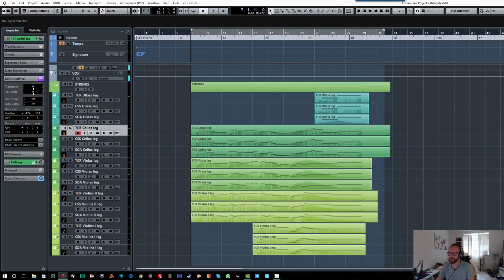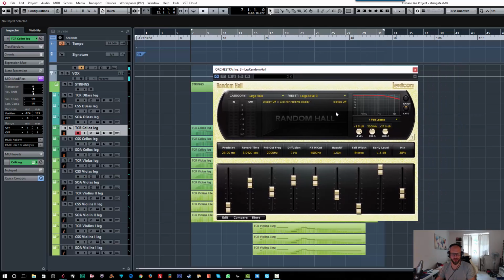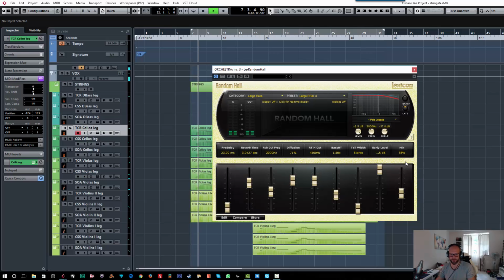Okay, there's actually one little thing which I almost forgot, and it's probably one of the most important things: the reverb. Okay, so here we go. That's the reverb I used. It's just a random hall, the Large Hall 3, and you can see the parameters here. It's fairly wet, but